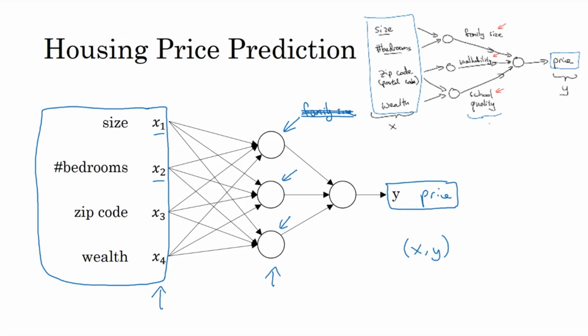So that's a basic neural network. It turns out that as you build out your own neural networks, you probably find them to be most useful, most powerful in supervised learning settings, meaning that you're trying to take an input X and map it to some output Y, like we just saw in the housing price prediction. In the next video, let's go over some more examples of supervised learning and some examples of where you might find